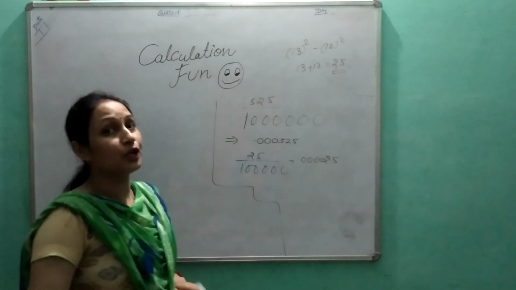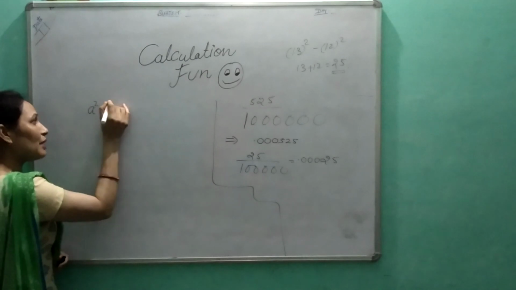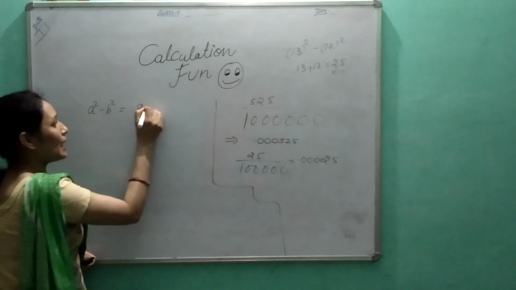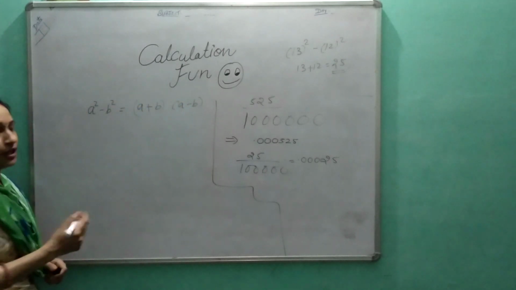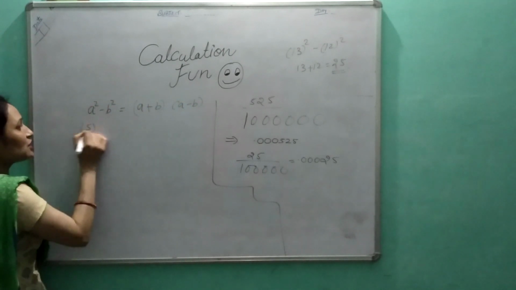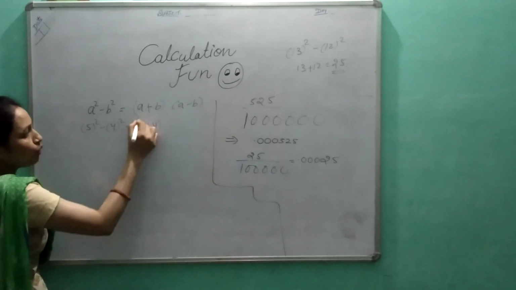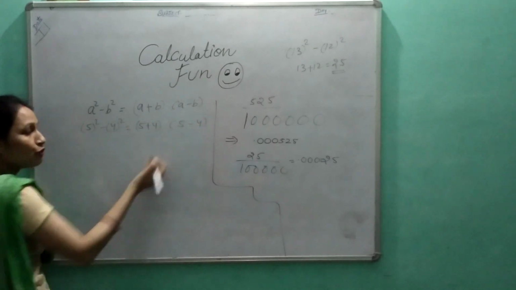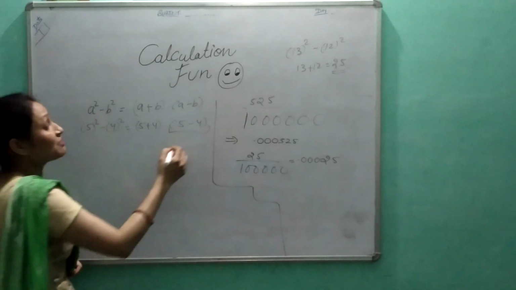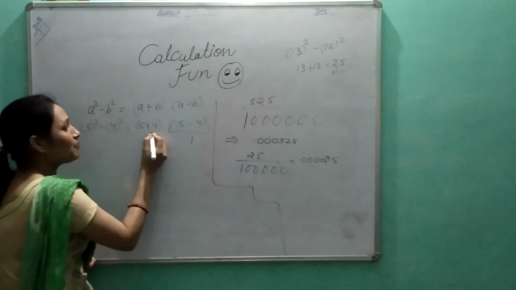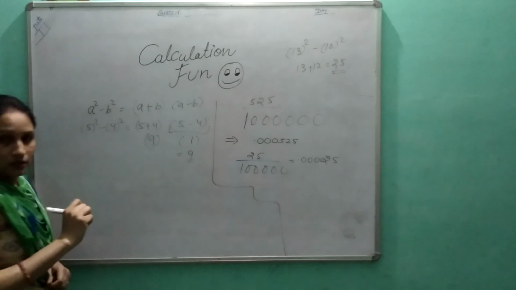Again students, after doing all these questions, we are thinking these questions are very simple. But what is the logic behind it? We have the formula in the higher classes: a squared minus b squared is equal to (a plus b) times (a minus b). So if we take 5 squared minus 4 squared, what will we do? 5 plus 4 and 5 minus 4. We know that if we subtract two consecutive numbers, we always get 1. And 5 plus 4 is 9. So 9 multiplied by 1, we have 9 obviously.